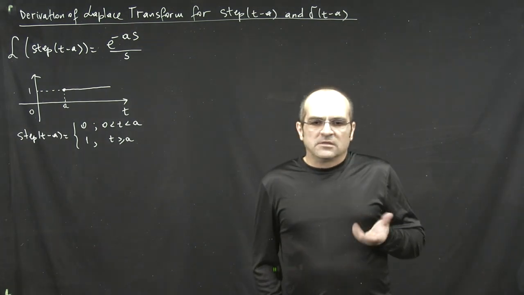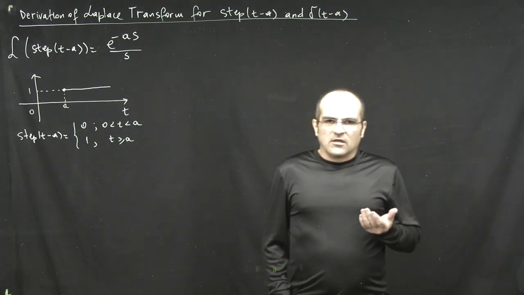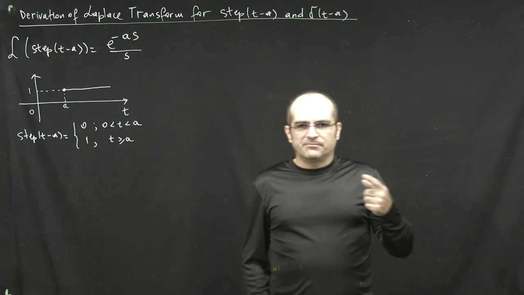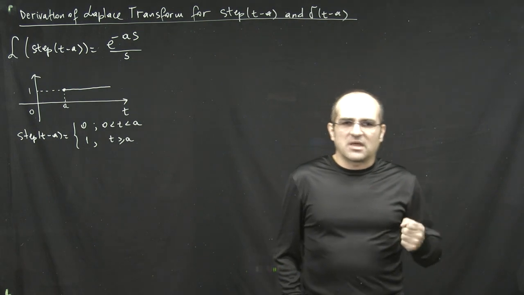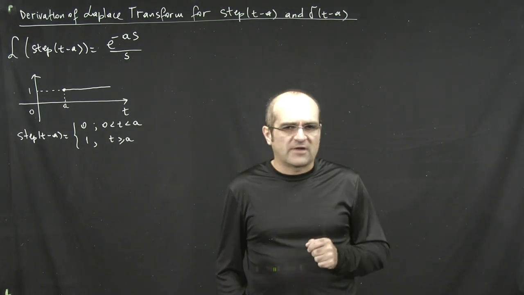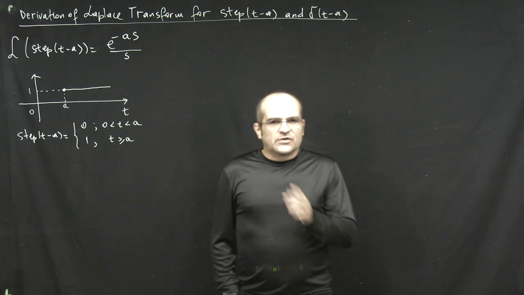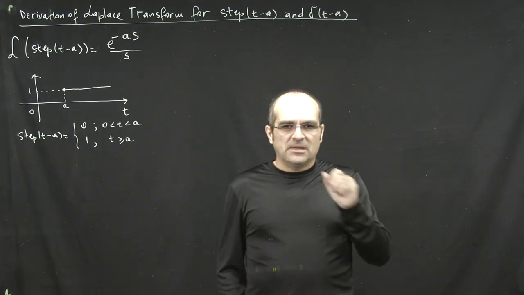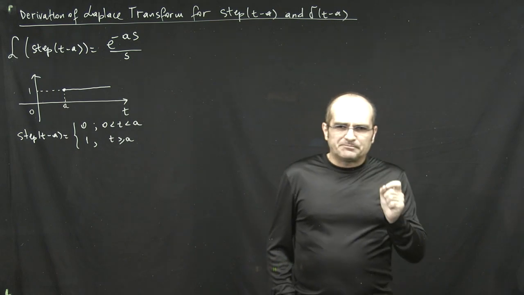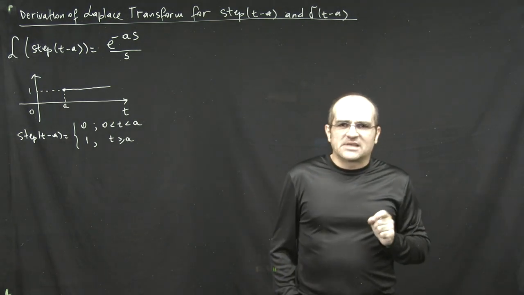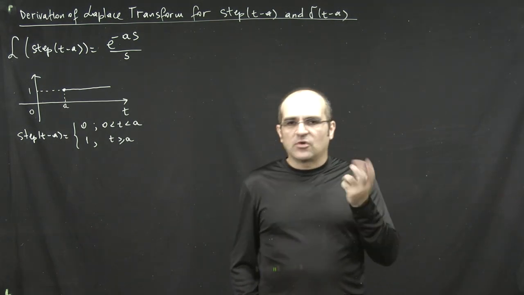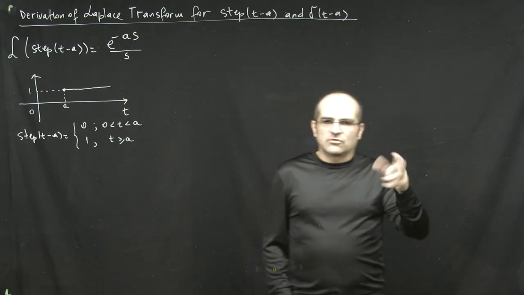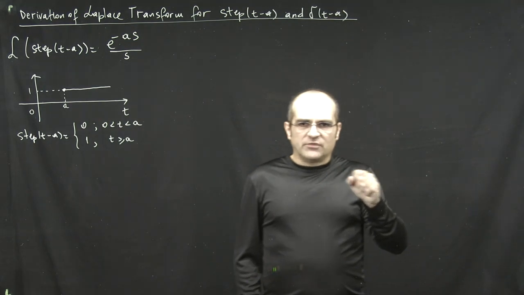Okay, so this is another optional part of the course in which I'd like to actually prove the formulas for the Laplace transform of the step function and the delta function. The first one at least is a simple exercise, but the second one, for the delta function, the formula for the Laplace transform is not that obvious where it comes from, although the two formulas are similar. So if you're interested in what's behind them, I think it's useful to look at the proof of the formulas,